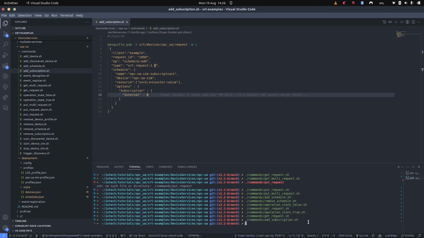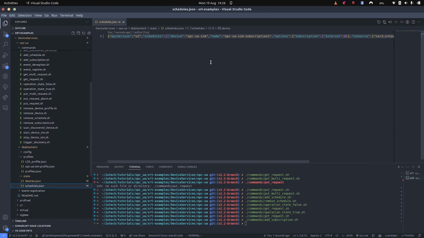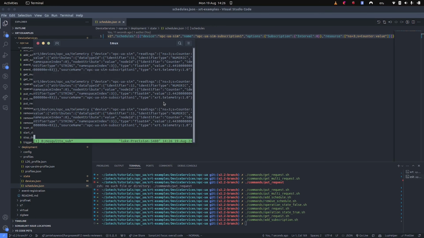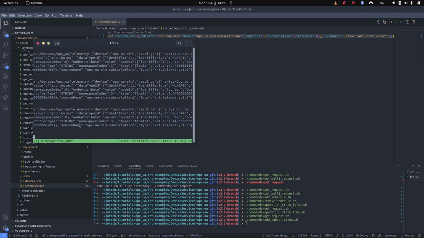And let's navigate over towards the Mosquitto client. So what you will see coming through, and you will see a source name is given to these subscriptions, so you can tell exactly where it's coming from. And the reason this is updating as it is is because the OPC UA Simulator has a counter resource, which is what the subscription was added to, which is constantly changing. So you can see here that changing value coming through is the reason that we're seeing this subscription being actioned